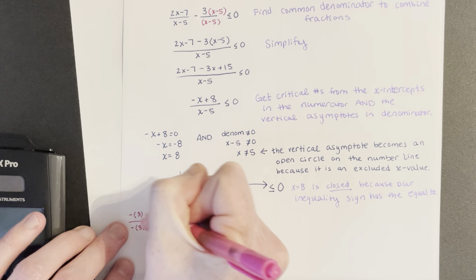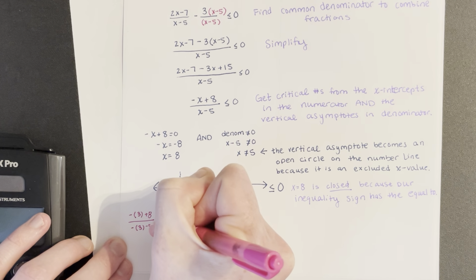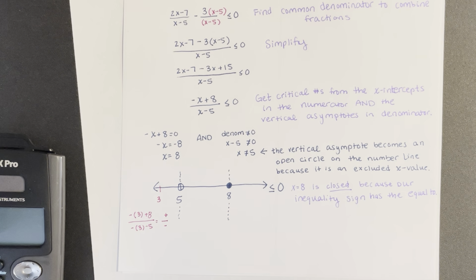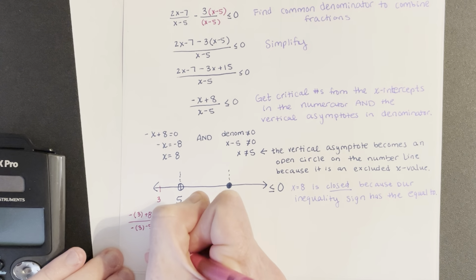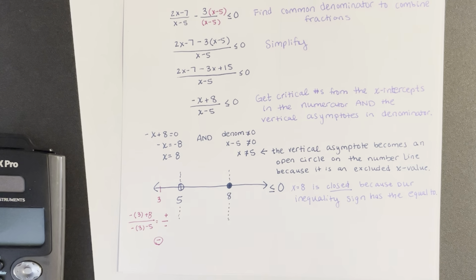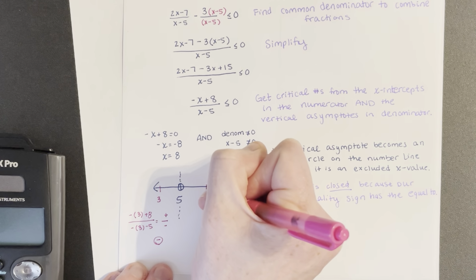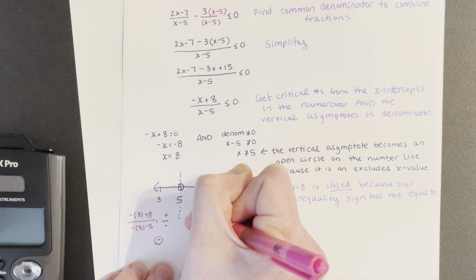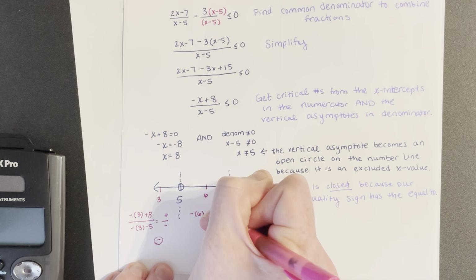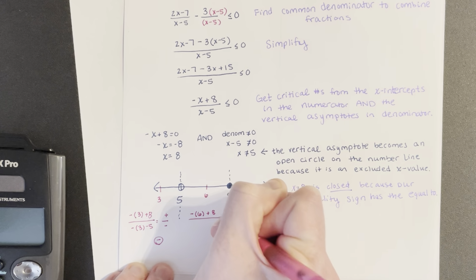We get a positive on top and a negative on bottom. That's always going to come out to be a negative value. Then we plug a number in between 5 and 8, like 6. So negative 6 plus 8 over